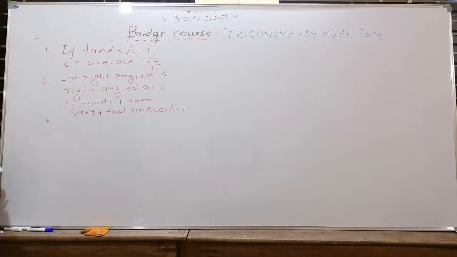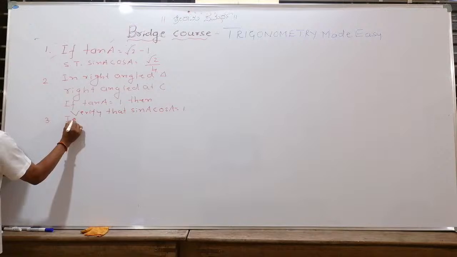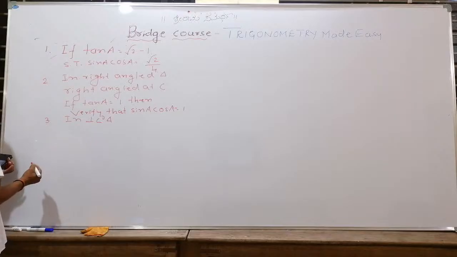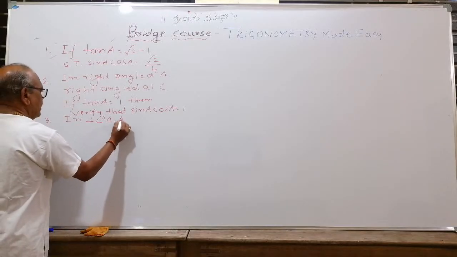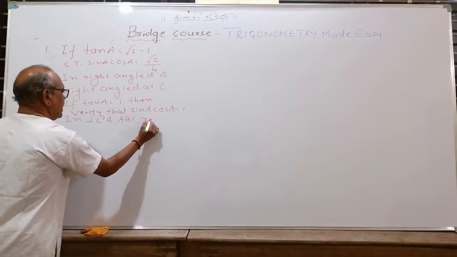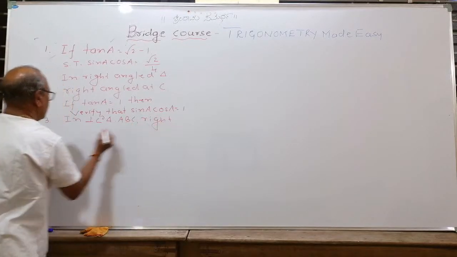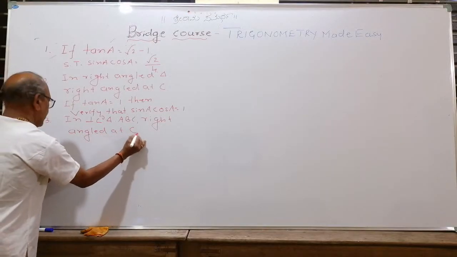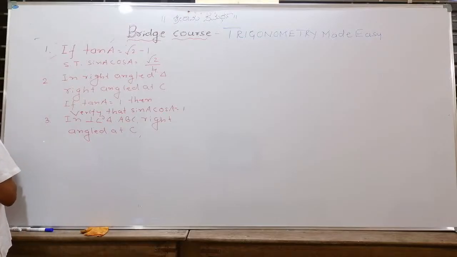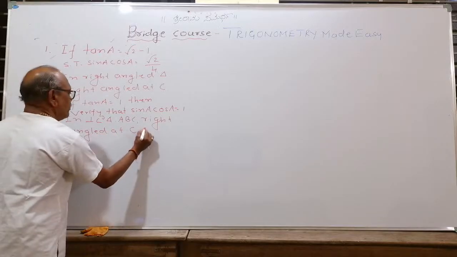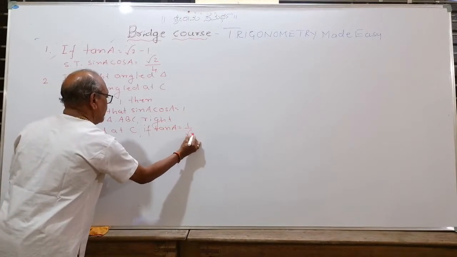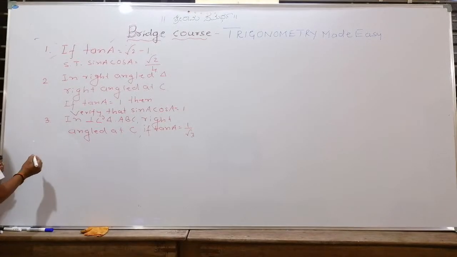Third one, in a right angle triangle ABC, right angled at C. If tan A is equal to 1 by root 3, find the value of